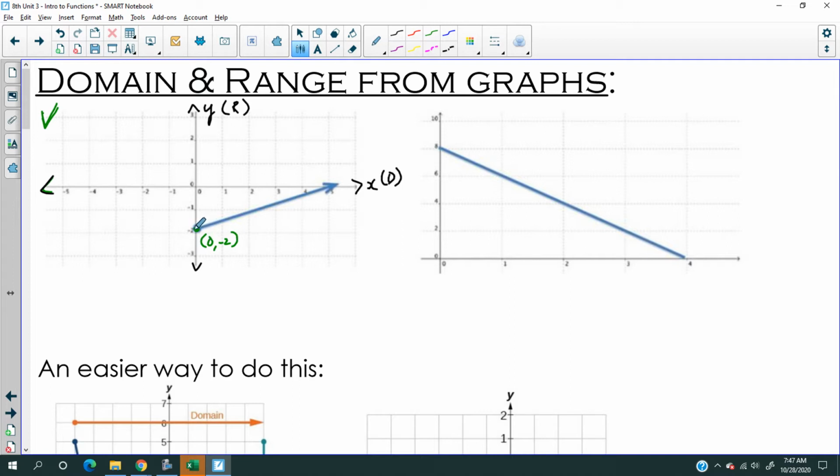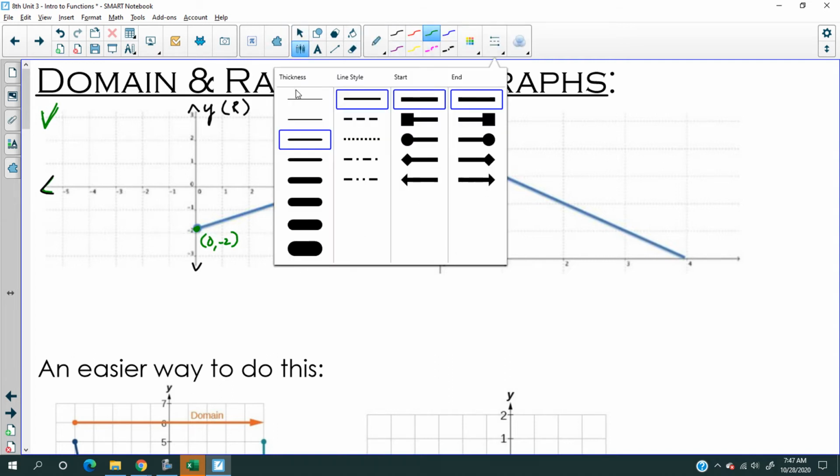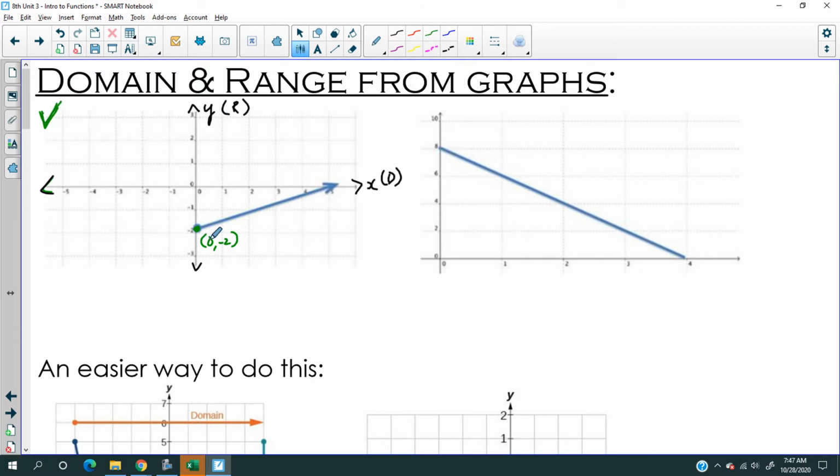Now, you also notice the line doesn't just keep going this way. It's not going this way. So you know that the line starts where x is 0. Let me say that again. You know that this blue line that is drawn here starts where the x value is 0. So you know that the domain, actually, this is the actual notation, is x such that